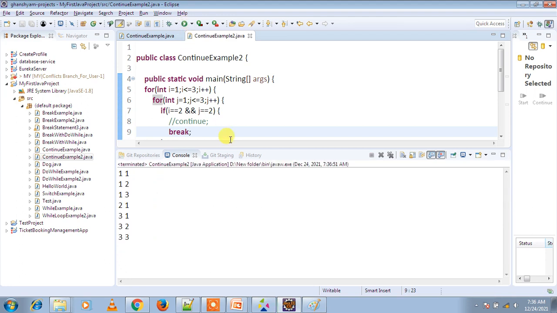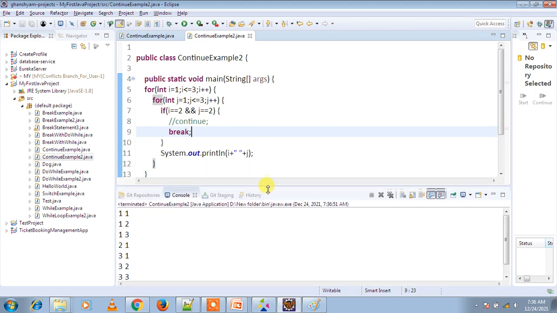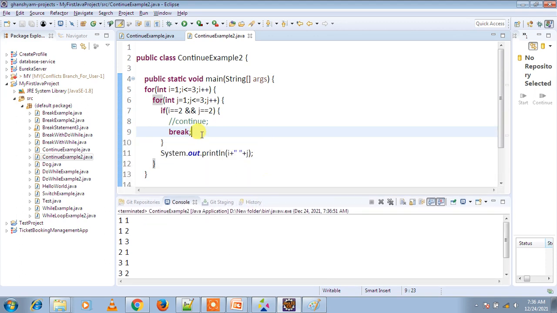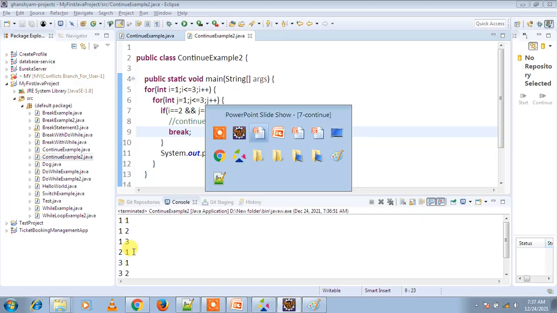Now you can see the output. It breaks the whole inner for loop execution when I am using a break statement. It means it will print 2 1, but it is not printing 2 2 and 2 3. I hope you understand. So now go for the next one,